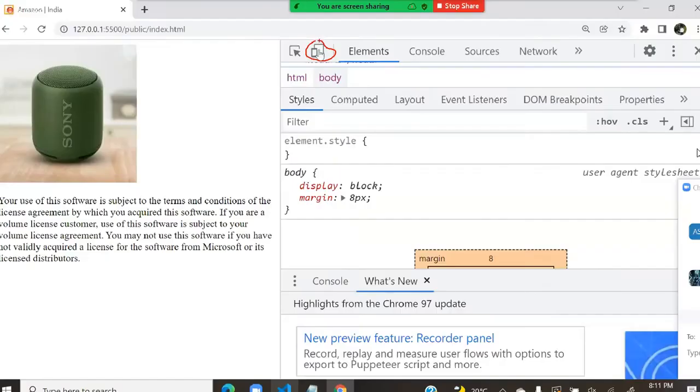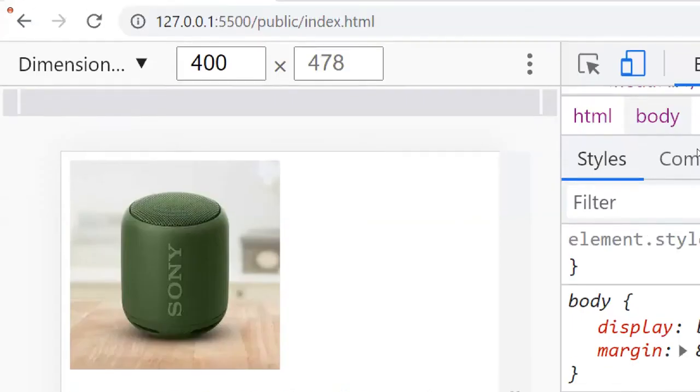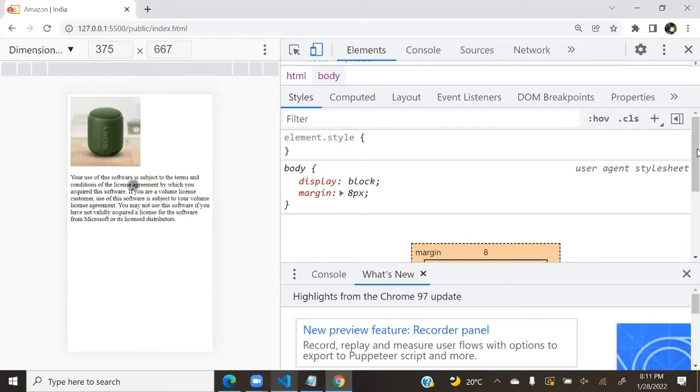If you click that button, it will show the screen width and height. You see the dimension option is there. At the dimension option, you can click and select iPhone, Galaxy screens. If you select a screen, it will show according to that. But I have a special emulator which shows the device like that. You have to install it additionally. I will tell you later, not required now. You can try this inspect as of now, right?